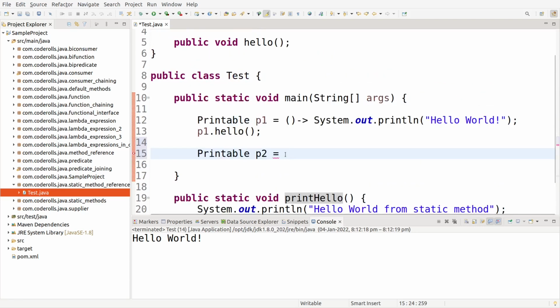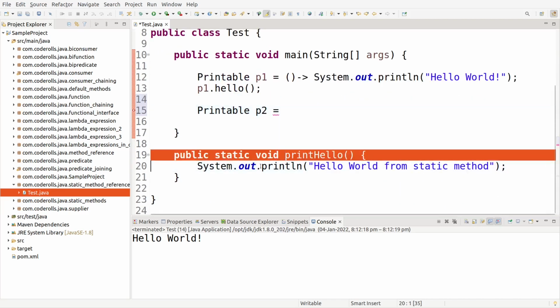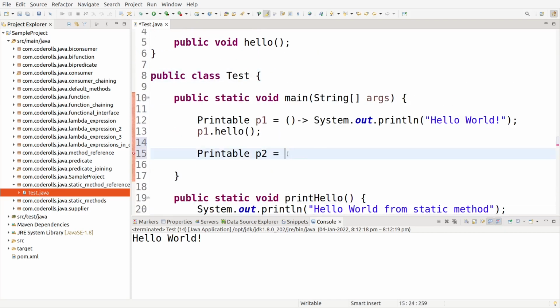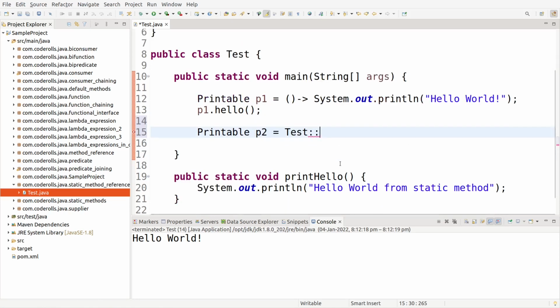The class which has that static method, printHello, is the Test class. So the Test class will go here, then the double colon operator and then the name of the static method, printHello. That's it, and add the semicolon. Remember one thing, you should not add parentheses here. It should have only the static method name.